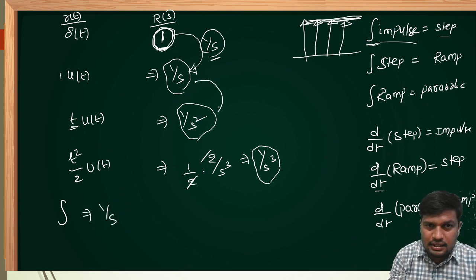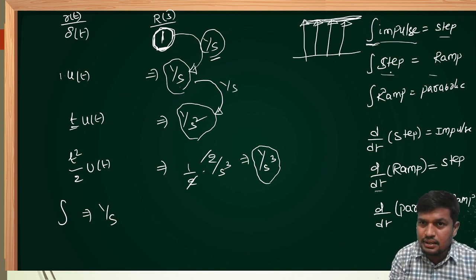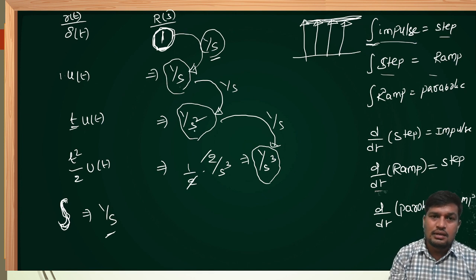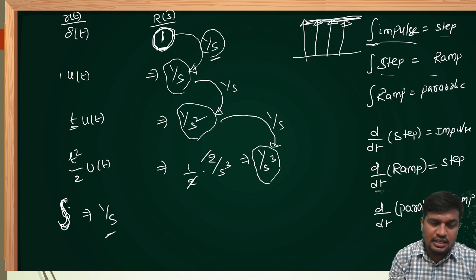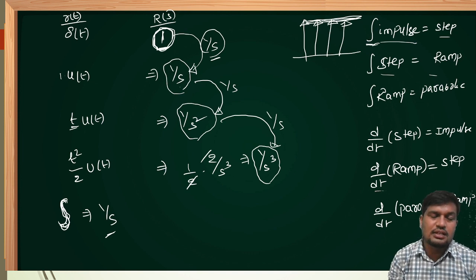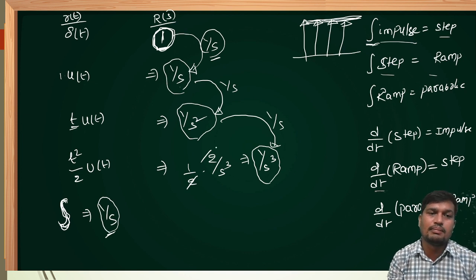Similarly, if you multiply 1 by s to the step signal, 1 by s into 1 by s will become the ramp signal. See, here also it is verified, step becomes ramp by integration. Therefore, wherever an integrator appears in a control system, it is replaced by 1 by s. And ramp becomes parabolic just by multiplying 1 by s. Therefore, 1 by s square into 1 by s will be 1 by s cube, right? Wherever the integrator symbol appears in a control system, that is nothing but 1 by s.